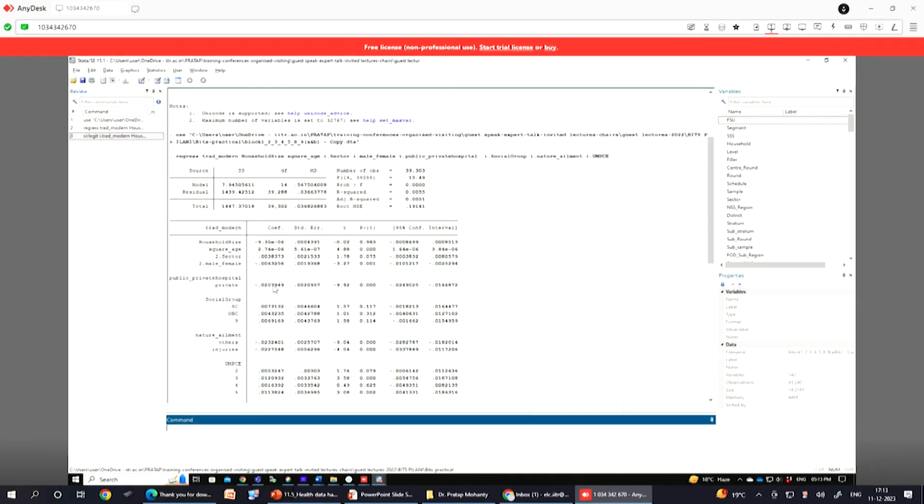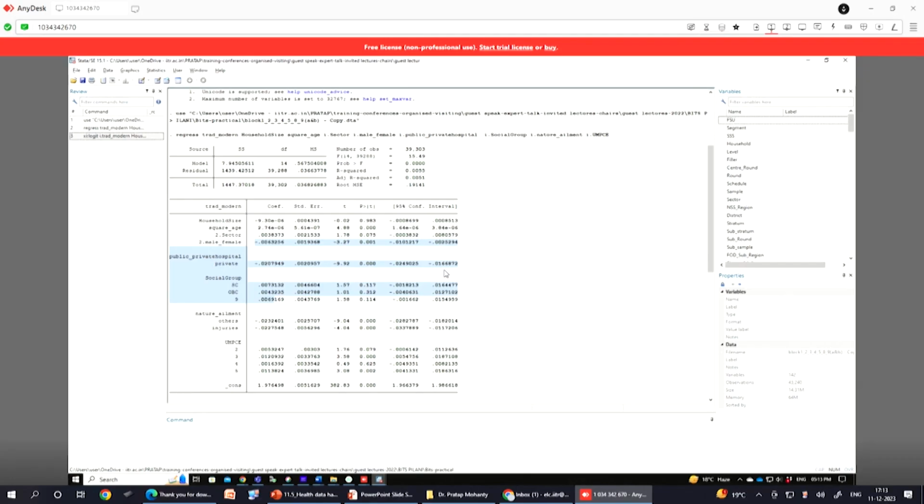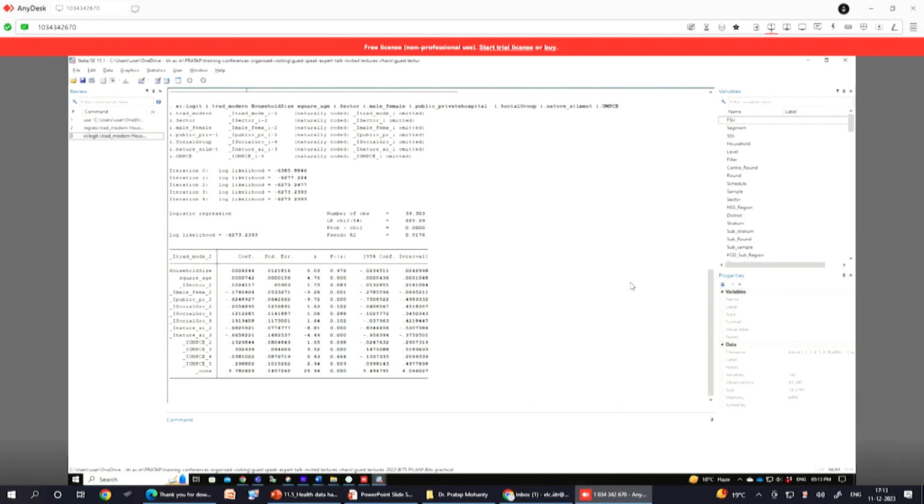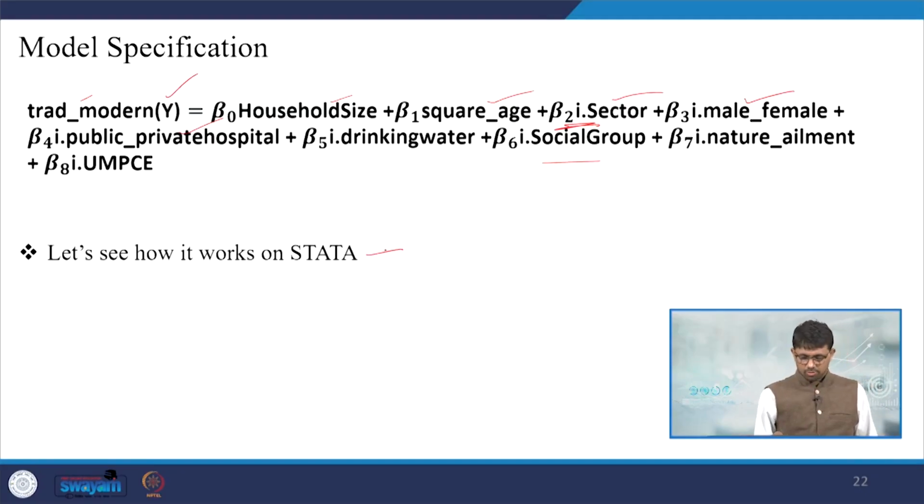From the regression coefficients, we can interpret the results and their significance, but the interpretation is very difficult when our dependent variable is categorical. Similarly, in the logit model, the second one, we have derived the logit coefficients, where with the p values we can interpret very correctly. Better not to spend much time. I am referring to my lecture to explain the other things. So this is how it works. I am sure I am not justifying it much at this moment. Therefore, I am referring to my previous